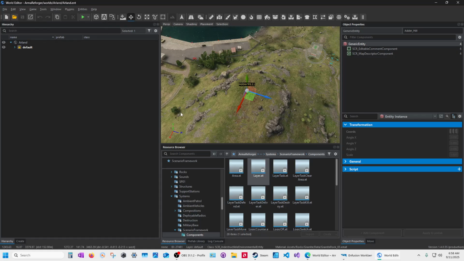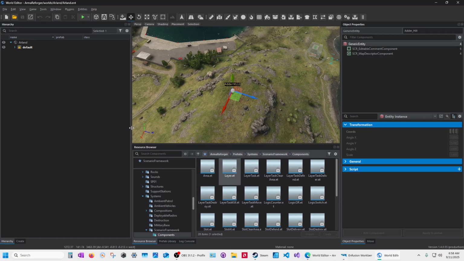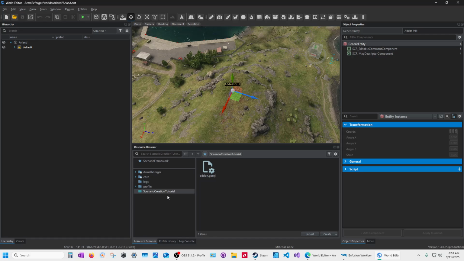All right, the next step in this process, you've got two choices here. You can create a subscene of this world, which will create a new world that will allow you to start adding your components to your project, okay? Or at this point, you can create some folders that will be required inside your scenario creation tutorial. Either way, it doesn't matter, okay? So what we're going to do is get our folders set up first before we go any farther. And the first two folders that you have to have are going to be